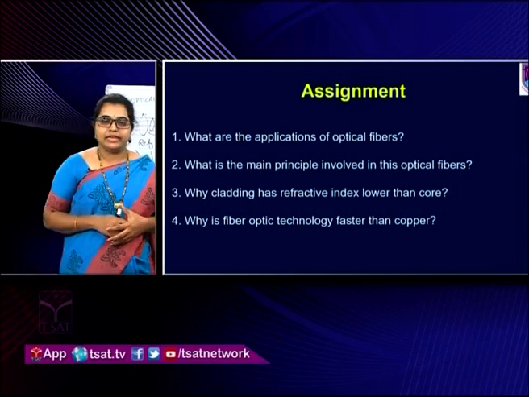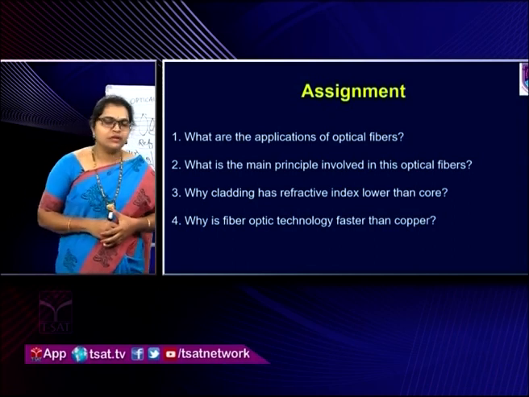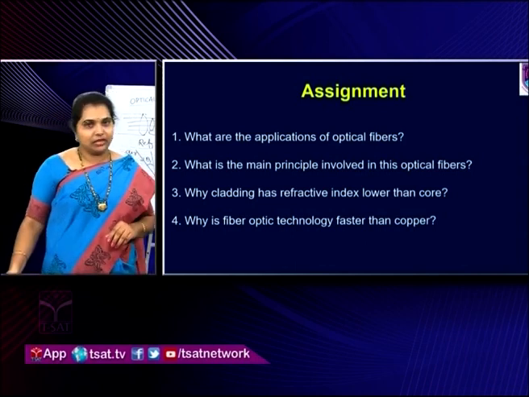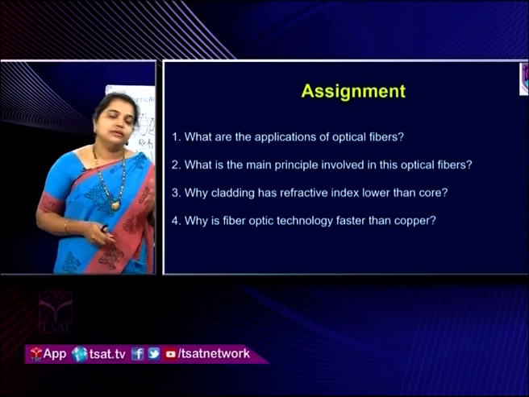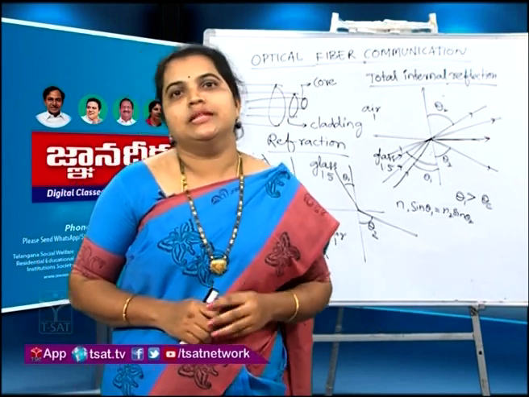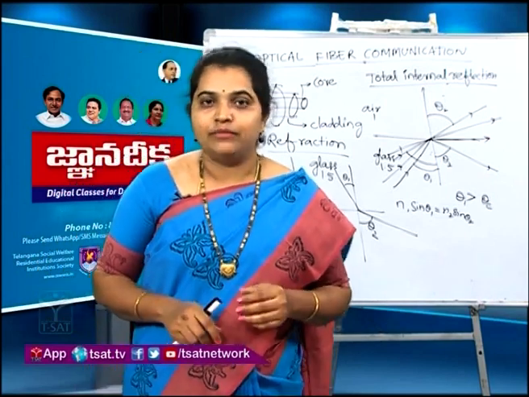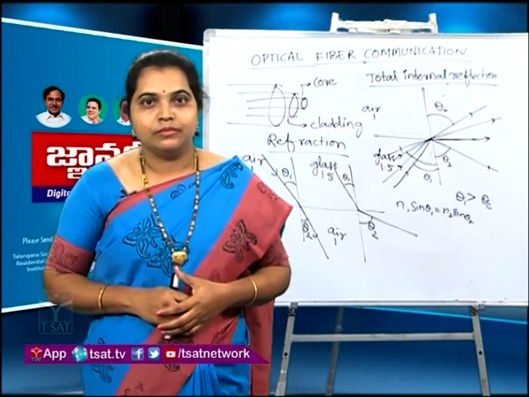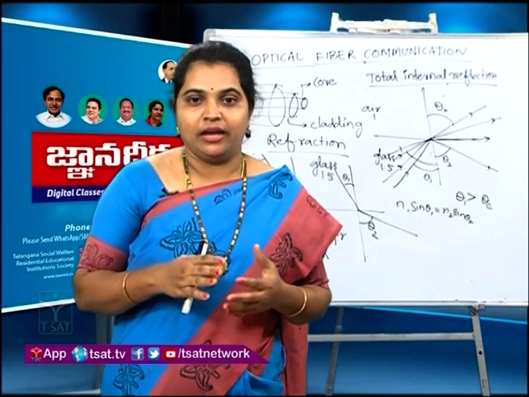Why? Can you think? Because copper cables rely on electrical pulses, but fiber optic technology relies on optical pulses. Right? What is the speed of light? 3 into 10 to the power 8 meters per second, no? So that is why it is